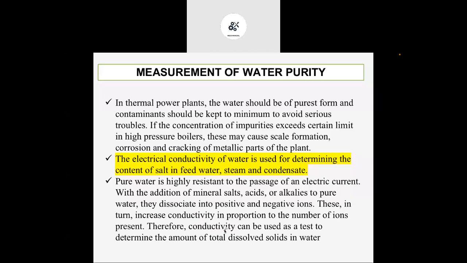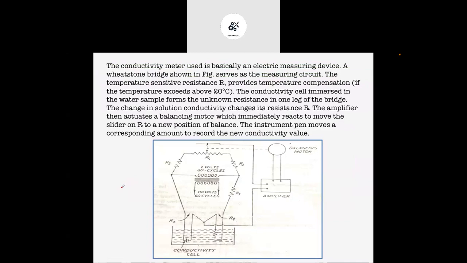Now, therefore, this conductivity can be used to measure the amount of salt or total dissolved solids inside the water. So these particular properties we are going to use. For that, we are using different instruments. One of the instruments we are using is a simple type of instrument. You can see here, this one is used to measure the amount of salt